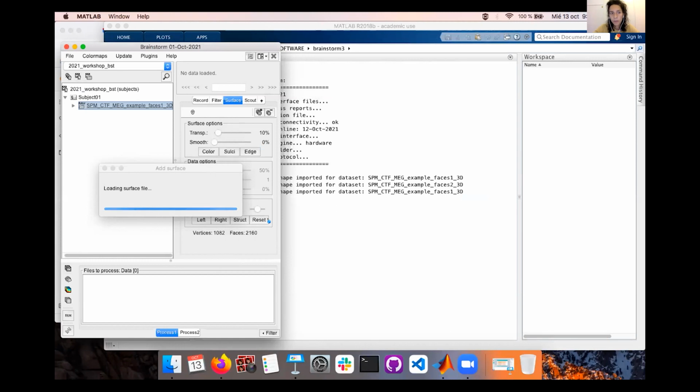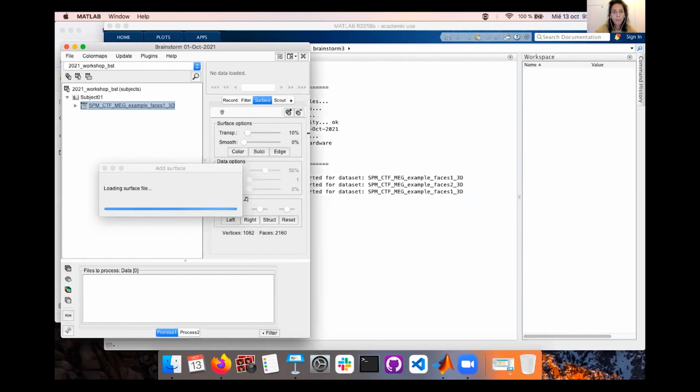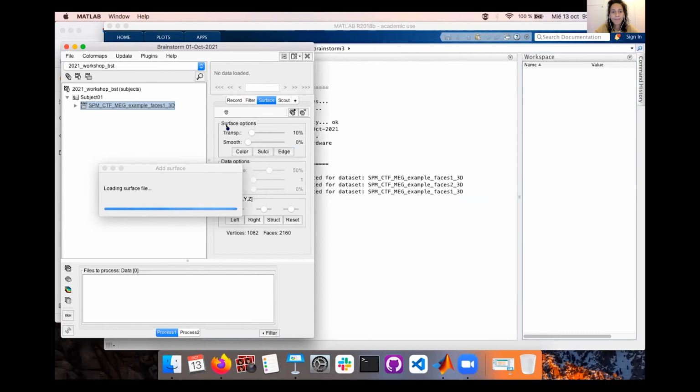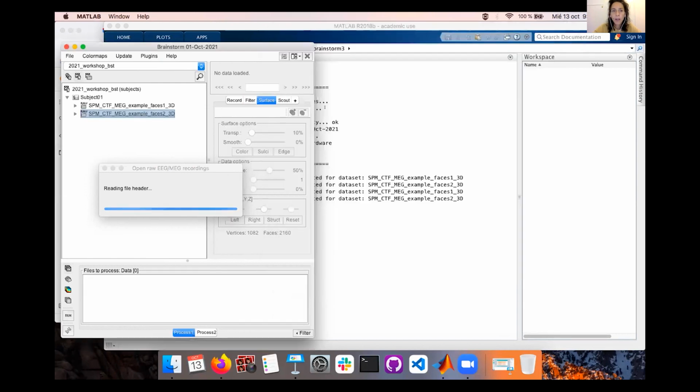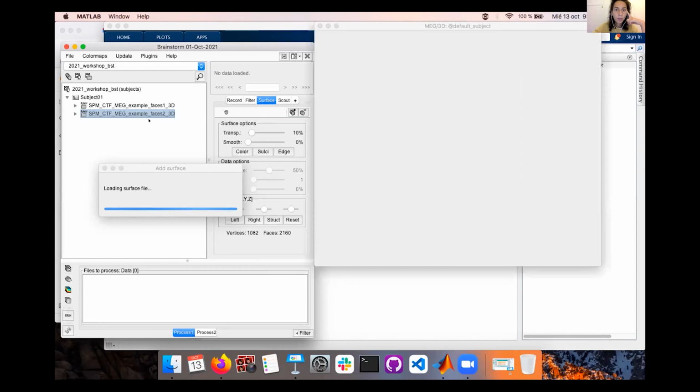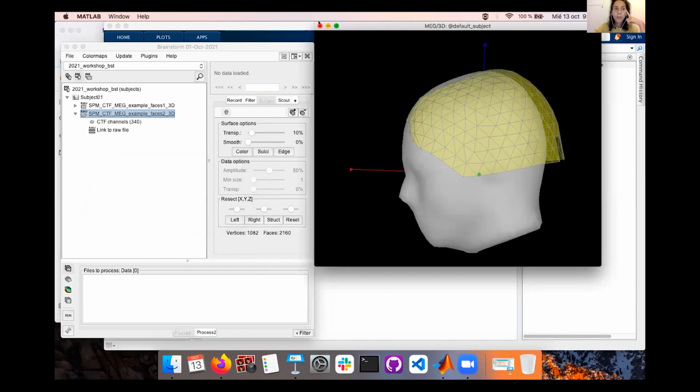And once you have them inside, we have one now. Sorry, my computer is a bit slow. Okay, because this is not the real MRI, maybe it doesn't fit very well. And also the alignment, you can check. This is very good. Brainstorm allows you to align very well and see how the cap is aligned with your data. So that's what you have there.